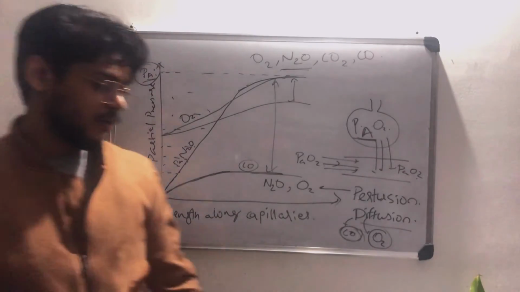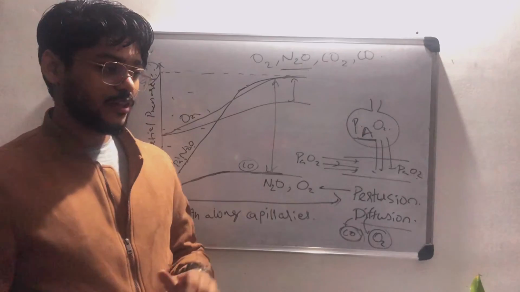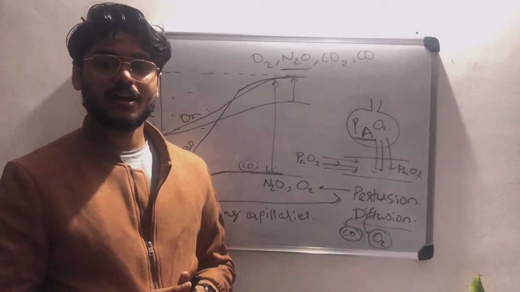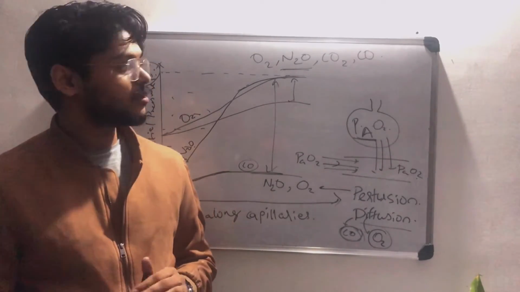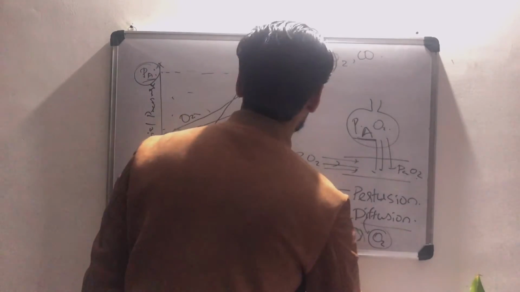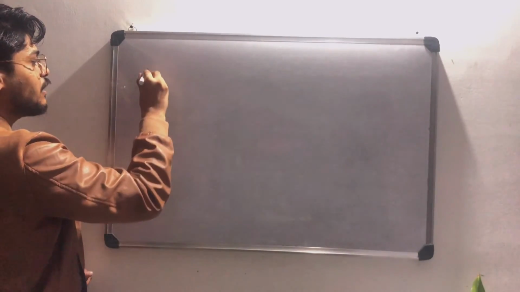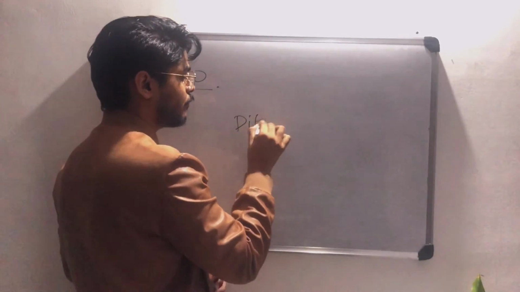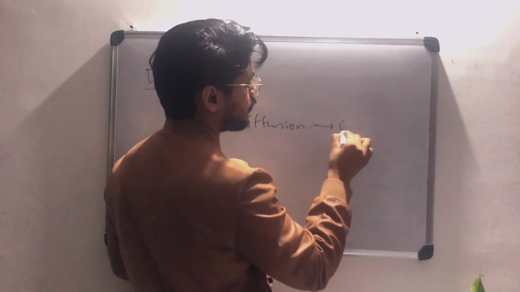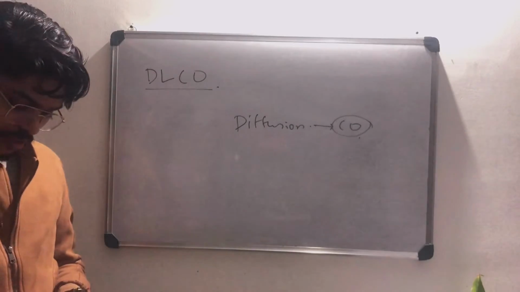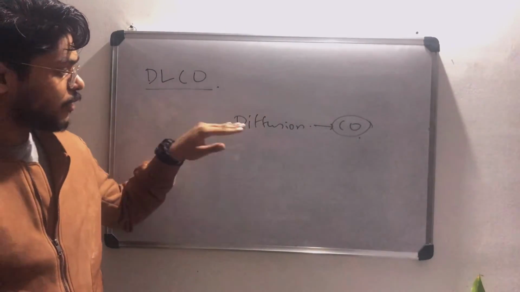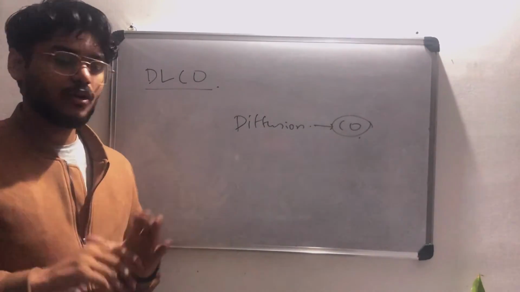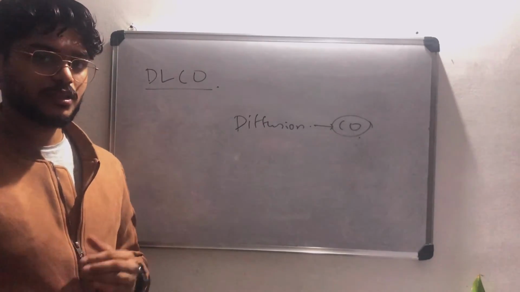Now we are talking about hypertension. But before that, we have to know DLCO, the diffusion capacity of the lungs, which is measured by carbon monoxide. There is a method called DLCO. What is this thing? We know diffusion limited is what? It is carbon monoxide, right? Carbon monoxide is poisonous. So what do we do? We need to calculate the diffusion capacity of the lung: how much gas can be exchanged through diffusion. That's what we need to calculate.